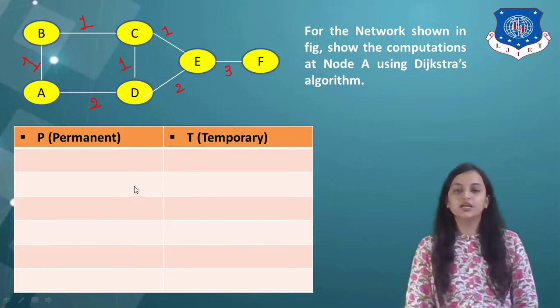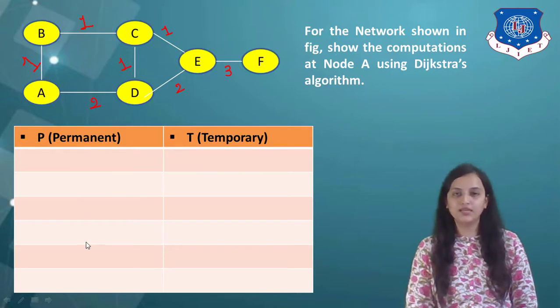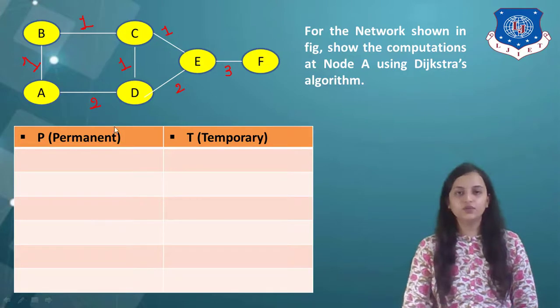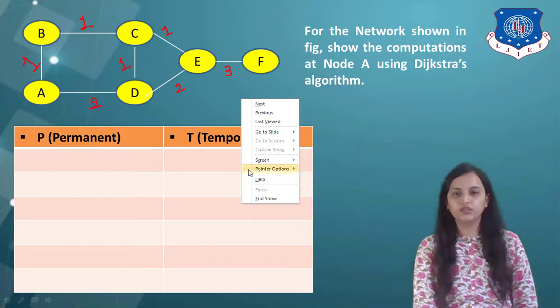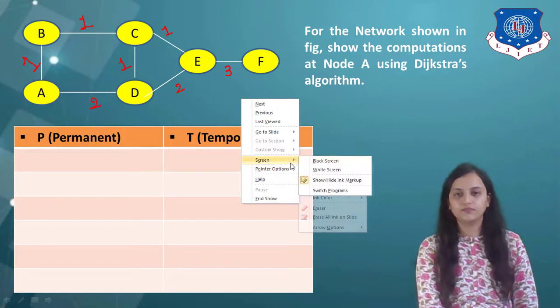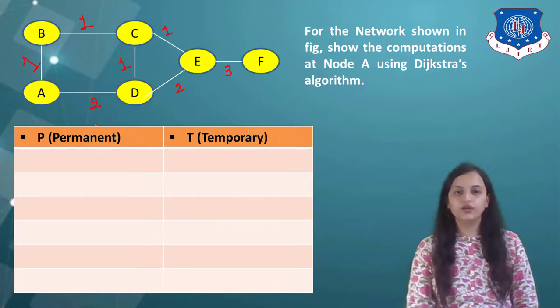All you need to do is start from the root node, which over here is root node A, and starting from that to the last node, in this case F, we have to take all the nodes onto the permanent side step by step. So, let's start and see how we can do this. First of all, we are starting from node A, which is our root node in this case. So, over here, the permanent node is our root node, which is A.